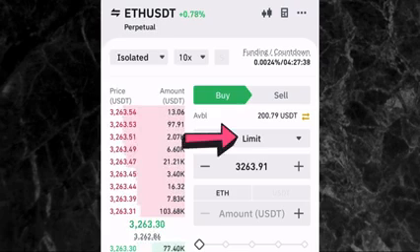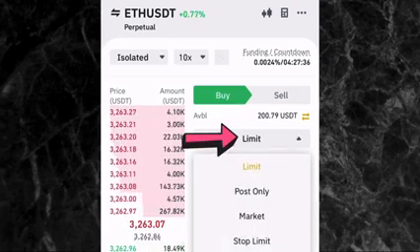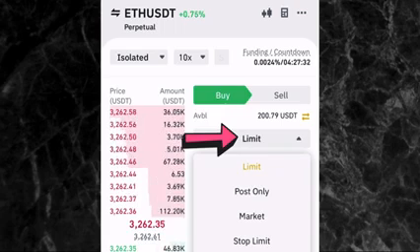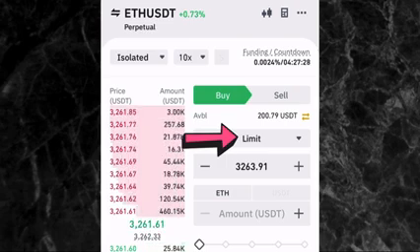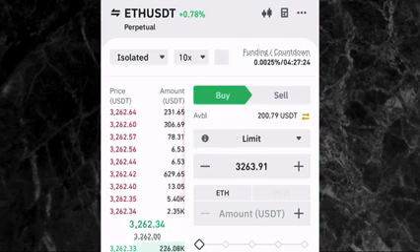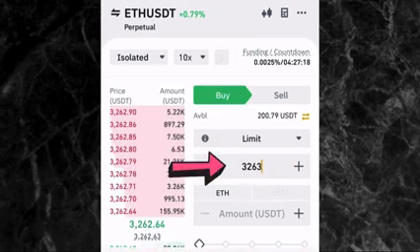Now, if you tap on where you have limit right here, you can see you have different options: limit, post only, market, and so on. I will still explain. Now, let's say, for example, we are using limit. Limit will allow us to set the price we want to enter the trade. So let's say, for example, you can see the price is currently at $3,260. So we can decide that, okay, we want to enter the trade when it gets to